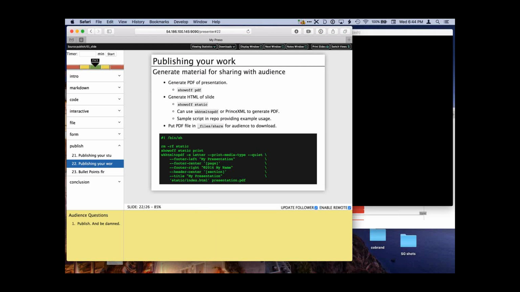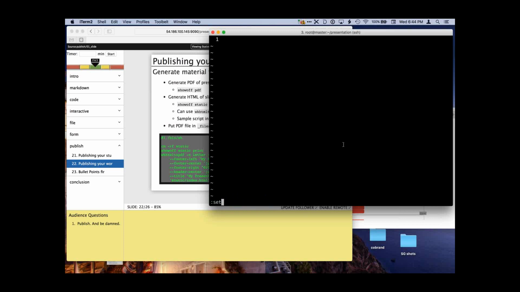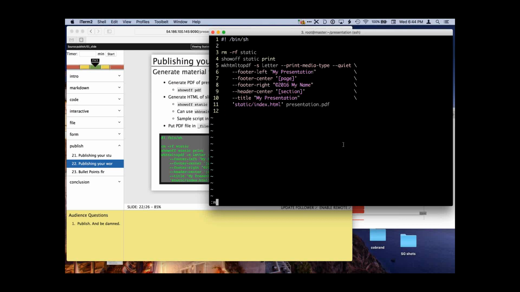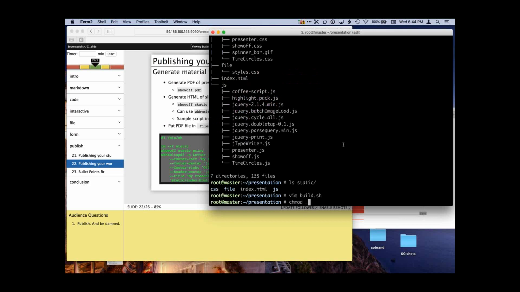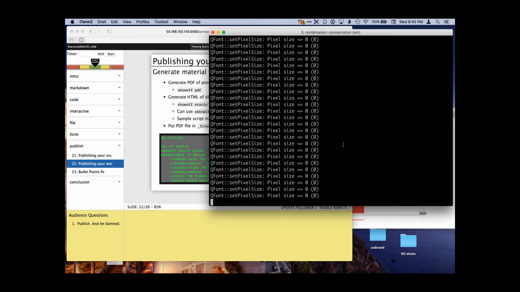I can also just run a script directly to build it all. So now if I run build.sh, it'll sit there for a little bit because WKHTML to PDF is actually really, really slow.